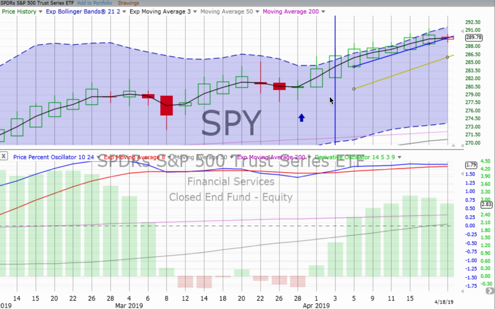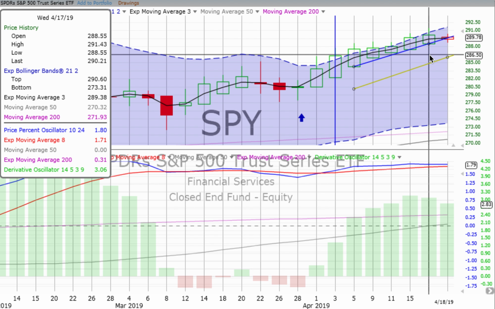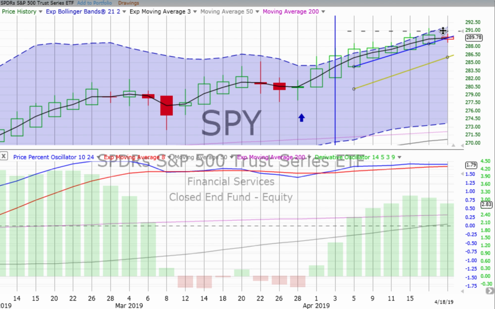We go to the two-day chart. What do we see there? Well, remember, the latest two-day candle ended on Wednesday, so we only have one day of a two-day candle here. So we can't make any kind of call on it yet. We can see what it's doing. We can see derivative oscillator losing momentum, price percent oscillator losing momentum, and we can see on our Heikin Ashi